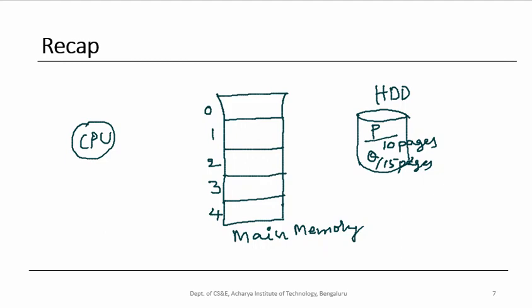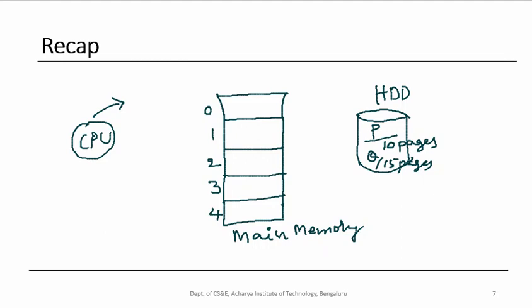Now in multi-programming, we have to run multiple processes concurrently. Therefore we have to bring multiple processes and keep them in the main memory. But we don't bring all the pages corresponding to a process into the main memory. We bring only the pages which are essential. So we have learnt about pure demand paging. We start with 0 pages of a process, and when the CPU makes a reference to an instruction in a page, that page is brought into the main memory. That is pure demand paging.